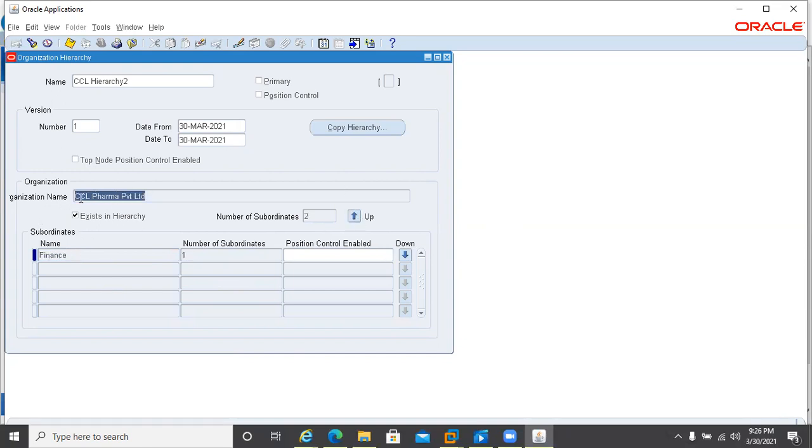Now you can see under CCL business group you have finance department. Under finance department you have number of subordinates. Based on the main screen, you see that there is one subordinate. If you want to drill down, you have to click down, then you can click on costing. So costing is linked to hierarchy finance, and finance is linked to business group. ओके, this is the hierarchy.